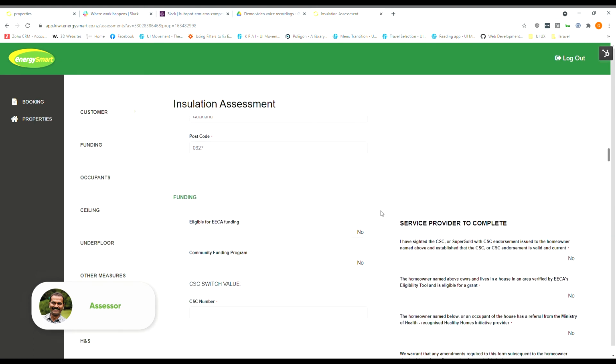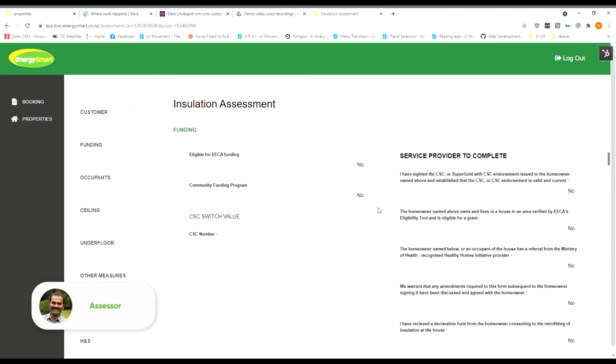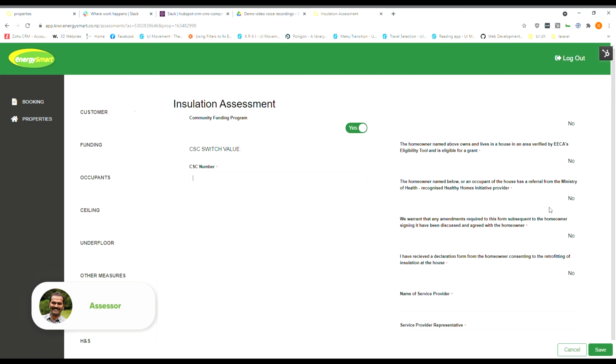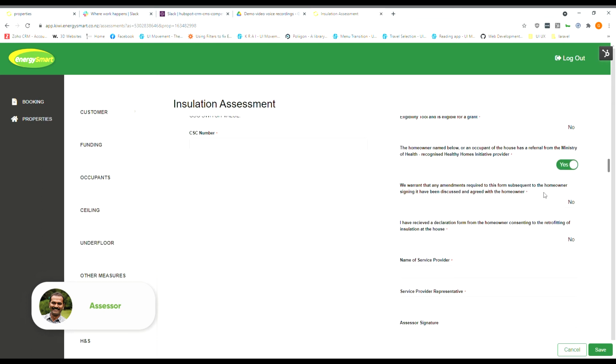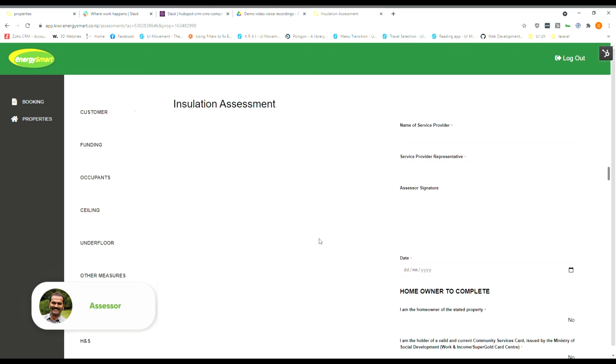As the assessor moves through the web app, filling in fields, switching switches, and so forth, there's a little dialog that comes up at the bottom here, prompting the assessor to save. This saves all that information back against the deal, so they can save as they go, as this is quite a big form.